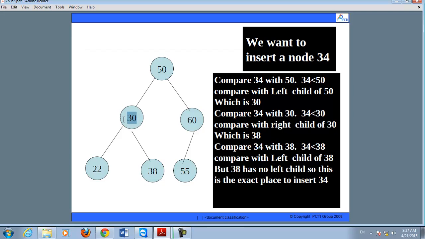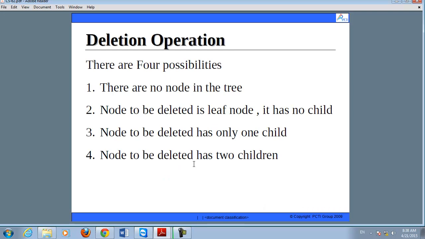Now, if you want to delete 30, then if we place 22 in place of 30, then we check the condition. Now 22 will come here in place of 30, then 38 is greater than 22. The binary search tree property will be satisfied. If you bring 22 up, 38 remains at the same place, so whatever our right node is, it should be greater than the root node, then the property will be satisfied. Similarly, if you bring 38 in place of 30, then also your property will be satisfied, because 22 has a smaller value than 38. In this way, you can delete a value from a binary search tree.